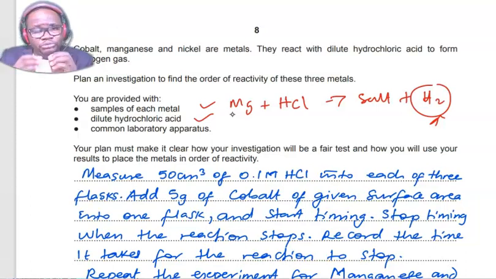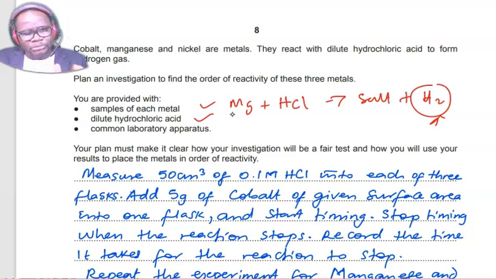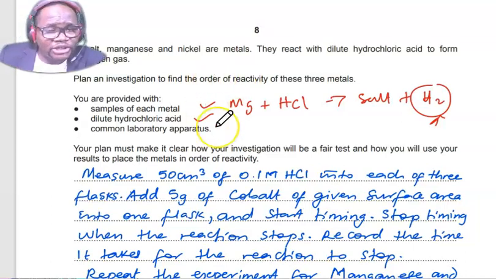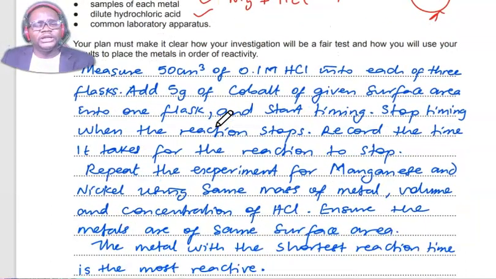So to be able to brainstorm that way, you know metals react with acid. So how can I measure the rate of the experiment? Highly reactive metals react vigorously. They will have a faster rate of reaction. So just set up your experiment in such a way that you can measure the rate of reaction for each of the metals. Okay, there are various ways or strategies you can use, but now let us focus on this